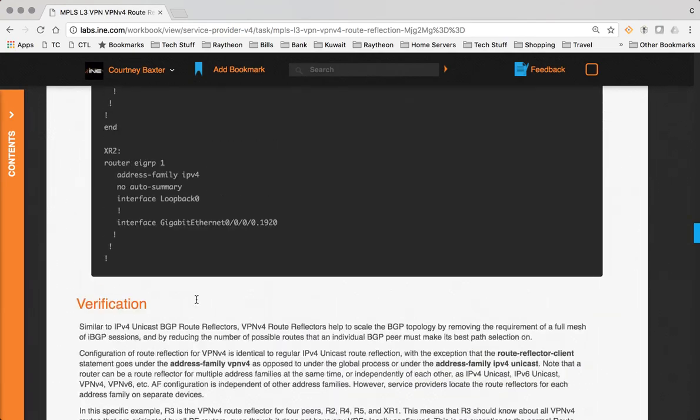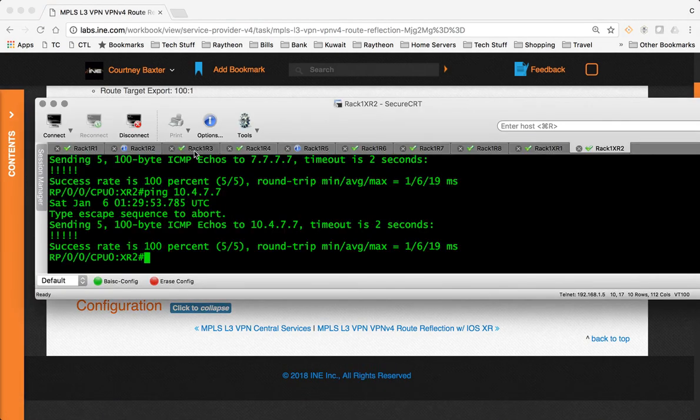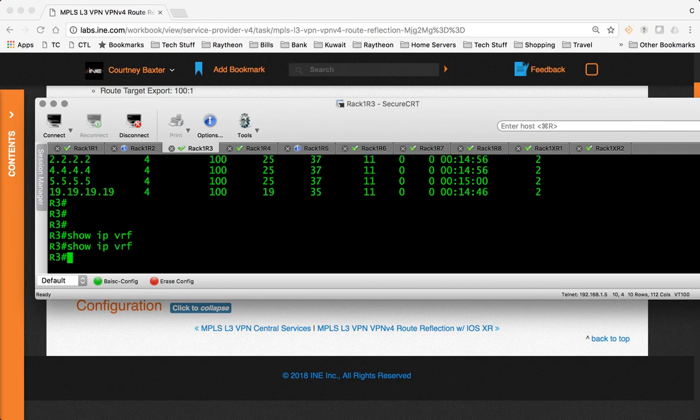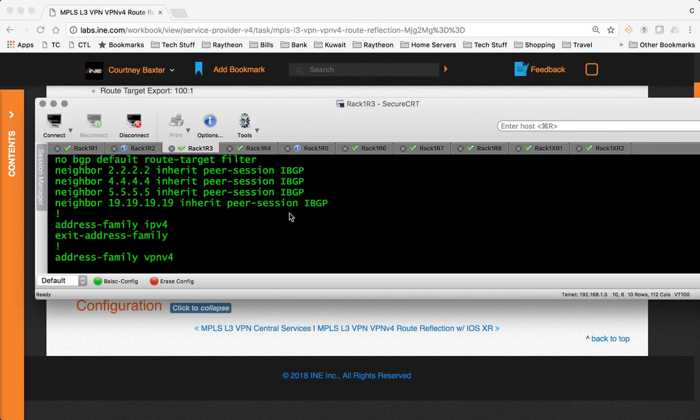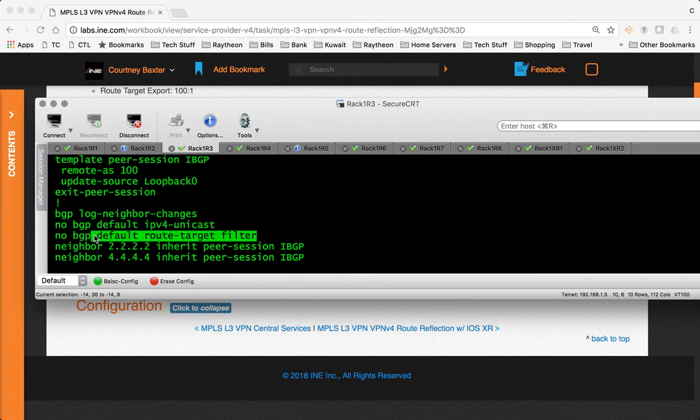And so what we're going to look at is the control plane. With router 3 being the route reflector, all the routes are going to be handled there. If I do a show ip vrf, you'll notice that no VRF exists on router 3. So the command that I configured here, in show run section router BGP, is no bgp default route-target filter. What that does is, if the VRF does not exist on router 3, it allows it to learn the routes and then propagate them out to any PE